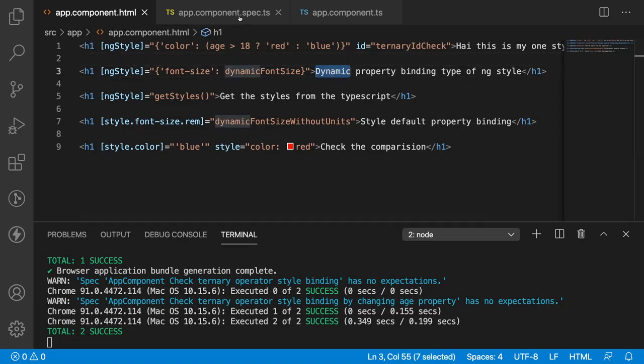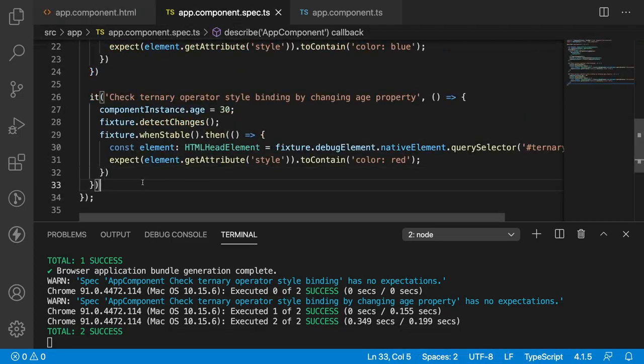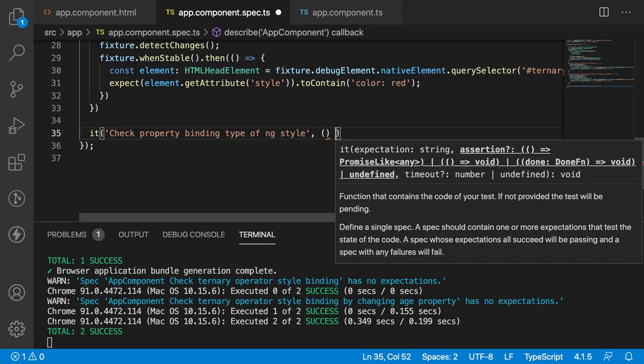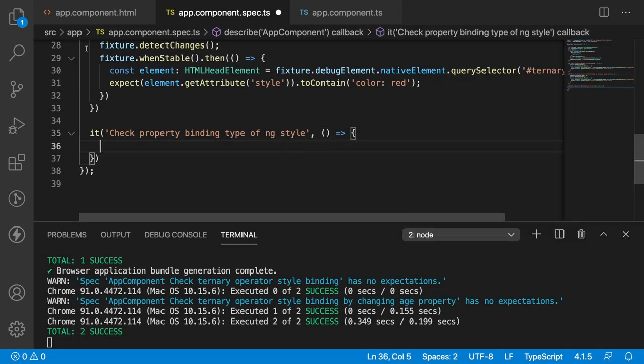If you want to pass our font size dynamically from the TypeScript to the HTML, we can use this. So let me create one more test case, it of check property binding type of ngStyle, and it has a callback. So what is my font size for the default?